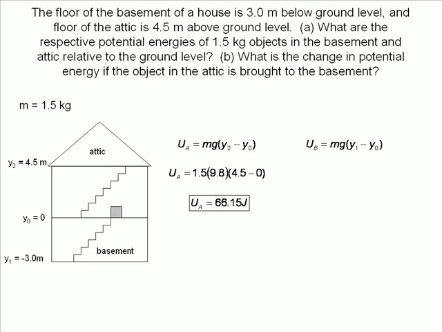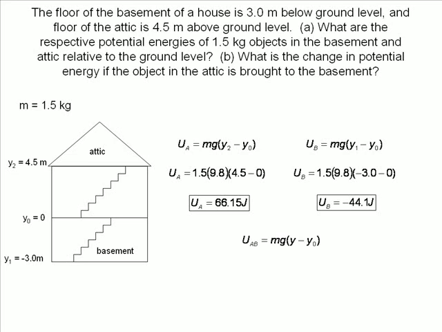Next we want to find the potential energy difference between the ground and the basement. It is easy to see that the hammer is at a lower potential in the basement. We substitute in our values and find the potential energy of the basement with respect to the ground to be negative. In part B, we want to find the change in potential when the hammer is brought from the attic